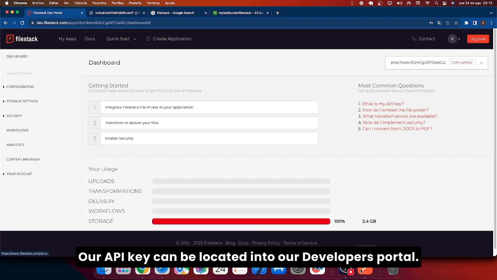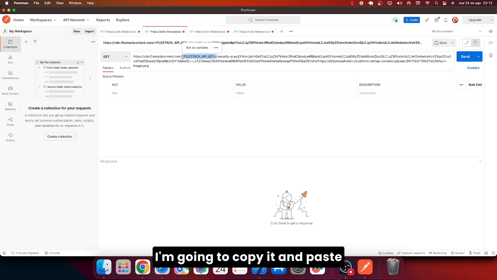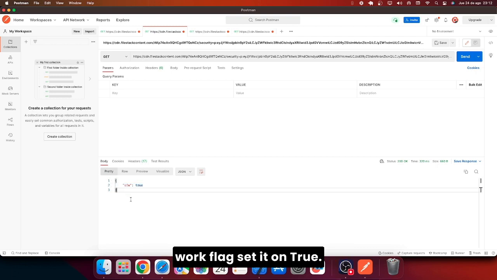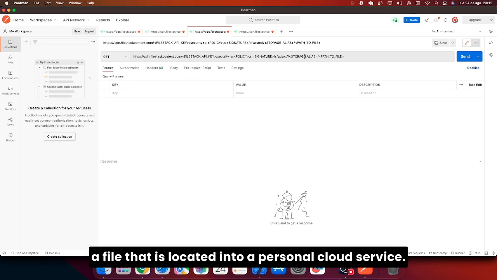Our API key can be located in our developers portal. I'm going to copy it and paste it into my request. And that's it. Again, we are getting our Safe for Work flag set to true. And finally, we are going to test our last request using a file that is located in a personal cloud